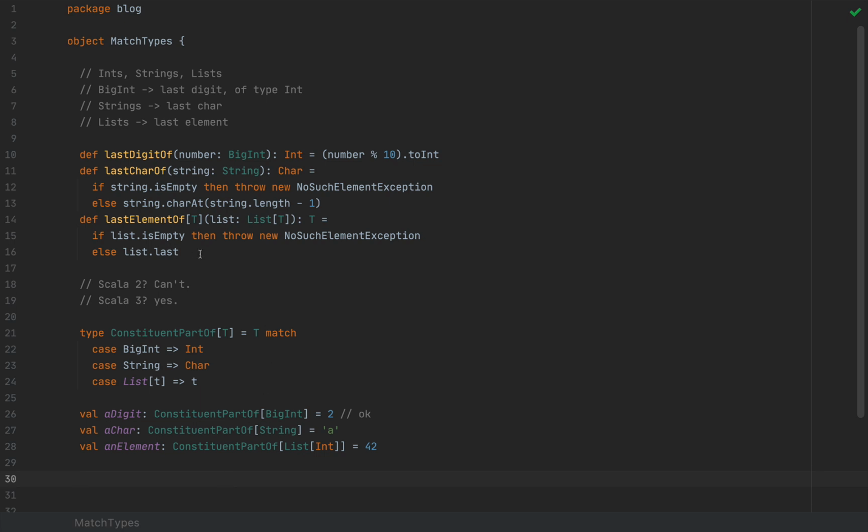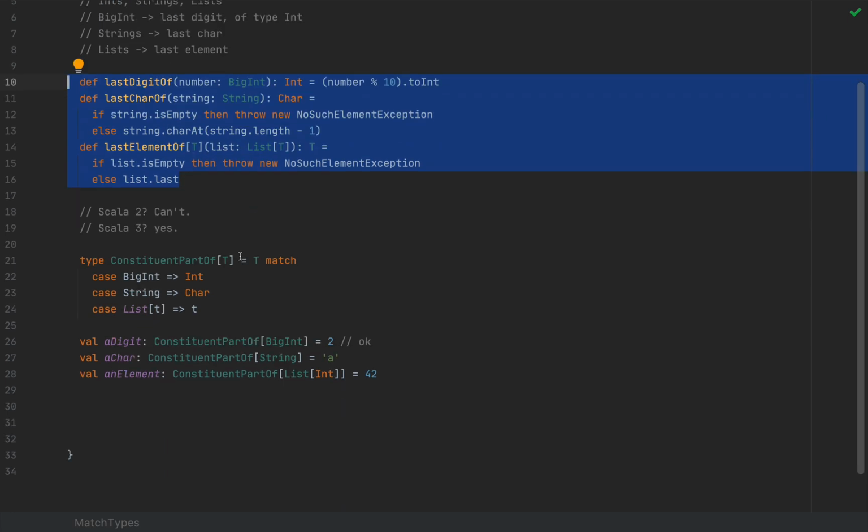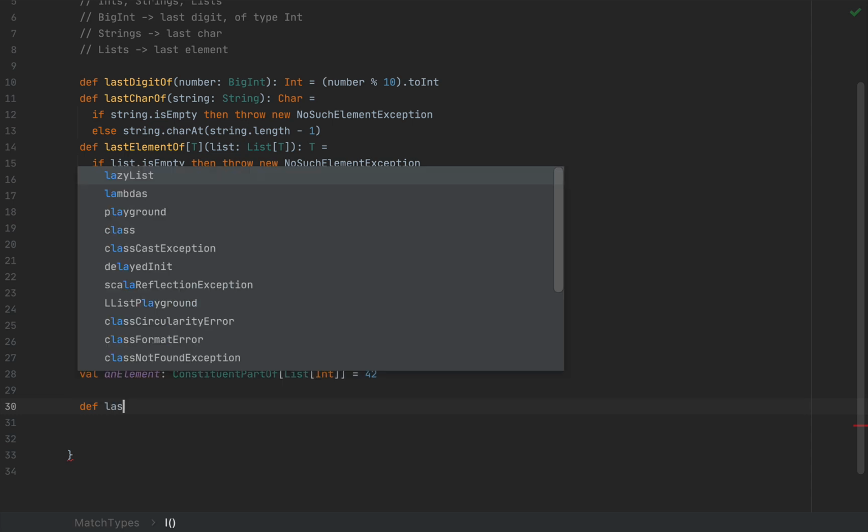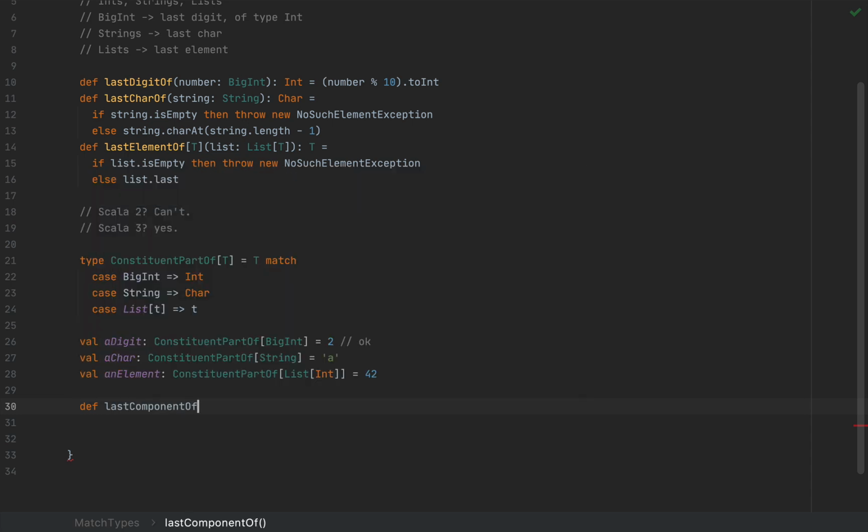Let's see how it can solve the previous first world obnoxious OCD kind of problem that we used to have. So I'm going to define a method that's called lastComponentOf. This will take a type argument T, meaning the bigger value that I want to extract the thing from, and I'm going to say bigValue of type T, and I'm going to return the ConstituentPartOf T as the last element of that bigger value. Right now I'm going to put question marks here because we're going to implement that in a minute,